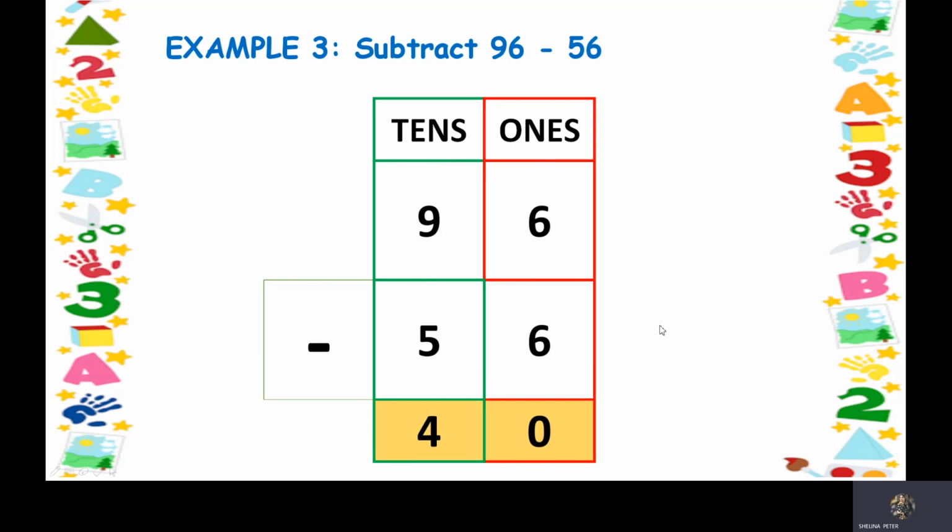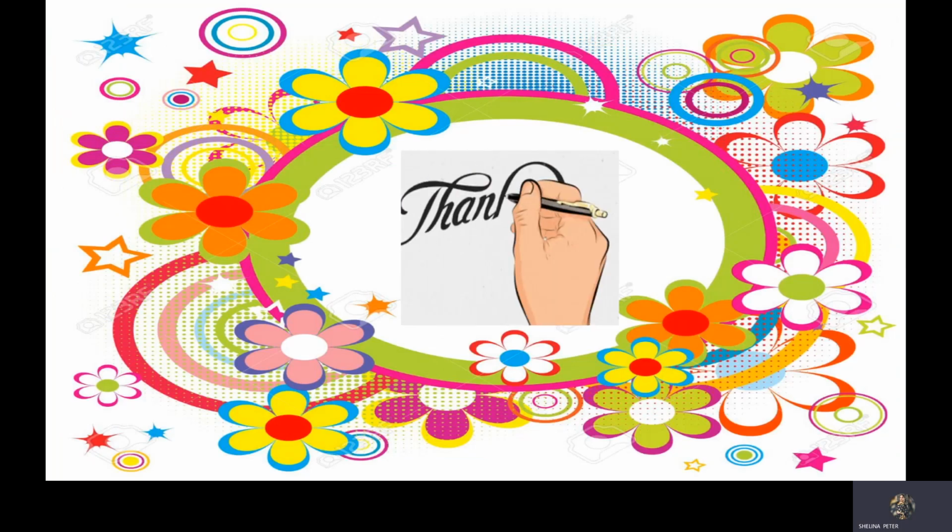So always remember, whenever you are subtracting the numbers, first write the place value, arrange the numbers starting from ones column. Remember to put the bigger number on top. And whenever you are counting, just remember in subtraction, you will count backward. I hope the topic was clear to you.